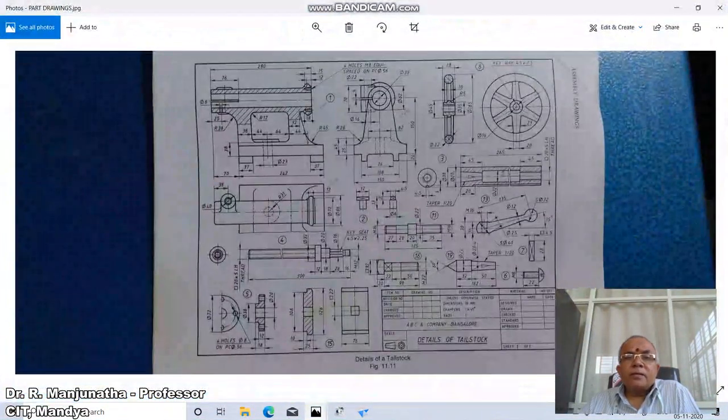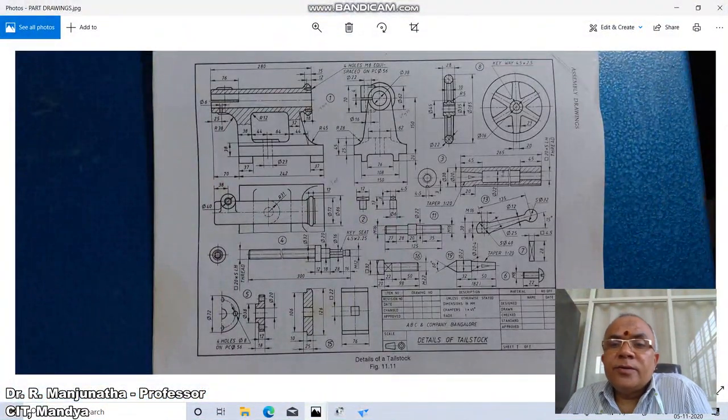So the barrel, if you see here, you have a circular bar having diameter 38 and a length of 265, wherein you have an internal diameter of 20, and you have one taper, which is 1:20. So what does it mean? The taper 1:20 means for every 20 mm length, there will be a decrease of 1 mm in diameter. So that is the meaning of this.